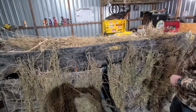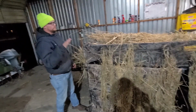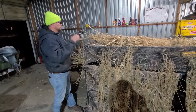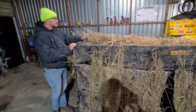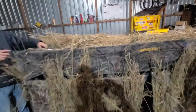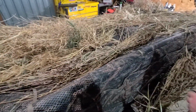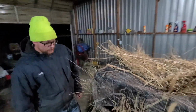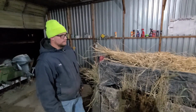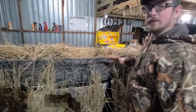Now it's awesome, but it has some drawbacks when you use some actual legit grass or stalks or whatever you're using. When you go to flip the top up, it will move on you. As you can see, some of the grass stayed in the loops. A lot of it came free. Not a big deal where we were hunting because geese are stupid. Sometimes they're the smartest stupid animal you'll ever hunt. Like Andy said, he's gonna get that fake grass, and that fake grass will actually...